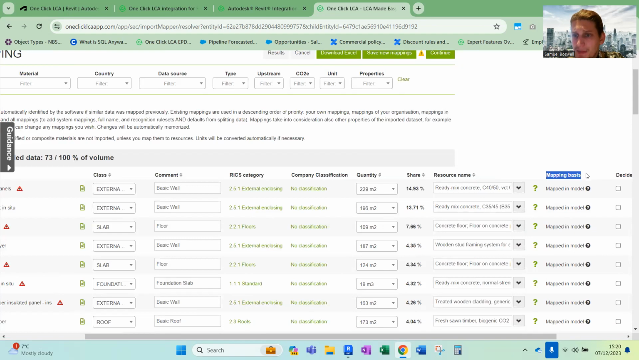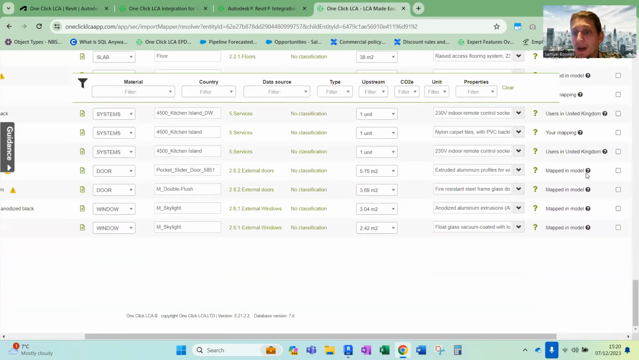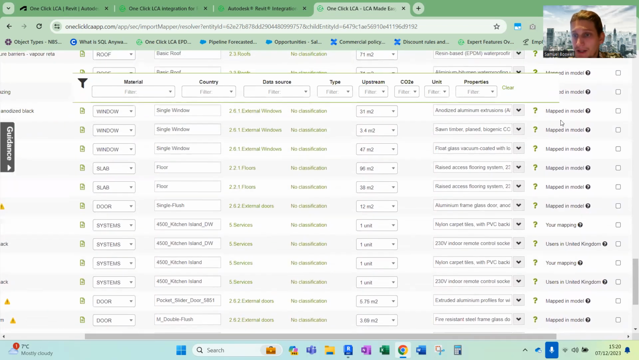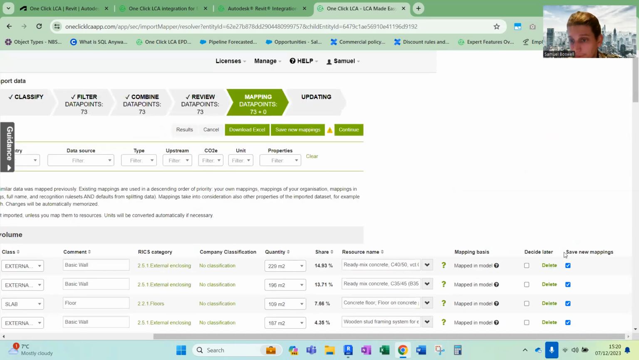The next thing is the mapping basis, and this is essentially how the software chooses what to map to the resources coming from the model. You can see that a lot of these things have been mapped in the model in the past. The first would be your mapping, and a similar one would be a colleague mapping. What this means is that either you or a colleague has mapped that material before,